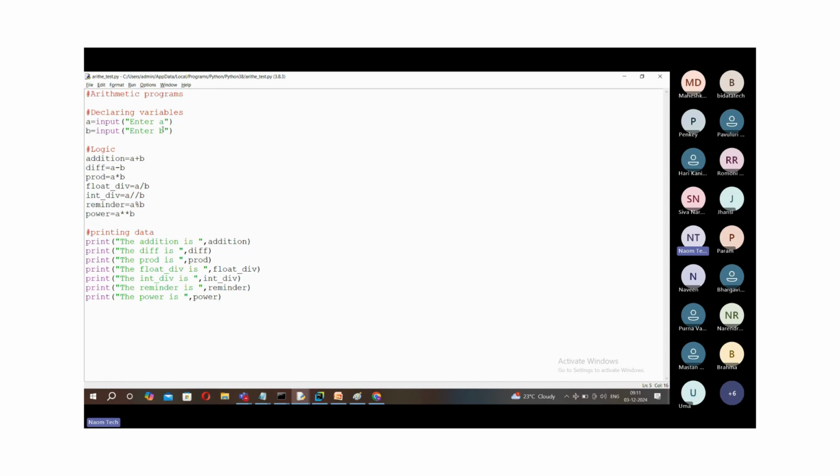But here, if you are passing data from keyboard, for A and B, by default your values are assigned as strings here, friends. So the best thing is, but I want this data as numeric data, either int or float type. Then what should I do? I should apply conversion functions